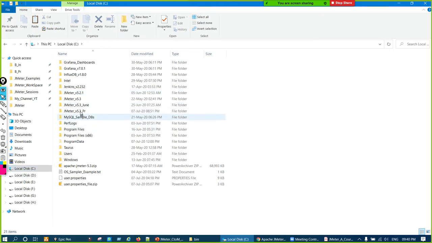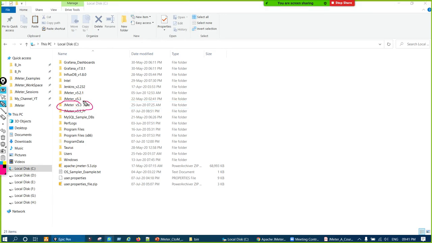Suppose I rename this JMeter file name and want to give a space in between. No, we cannot do that. Okay, you can do that and it will not throw an error here, but when we are doing some operations later on while using JMeter, it will throw an error.